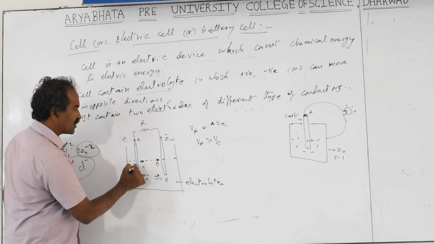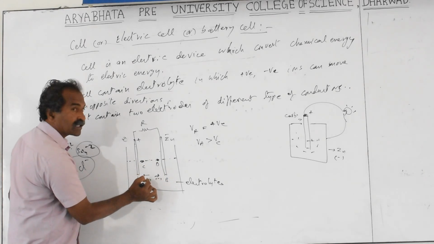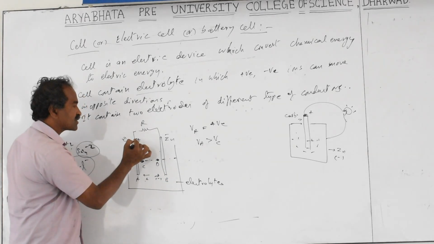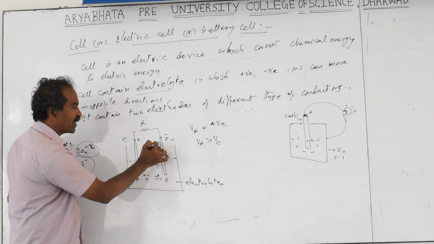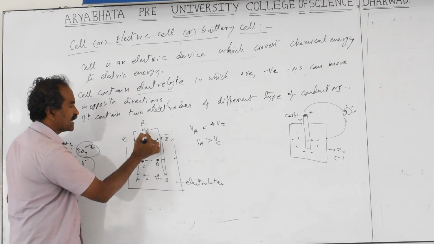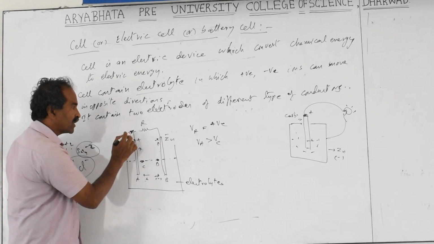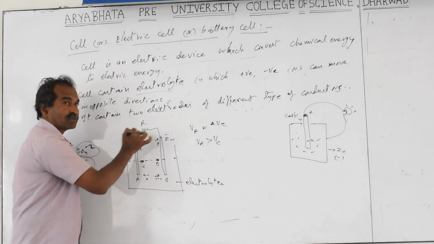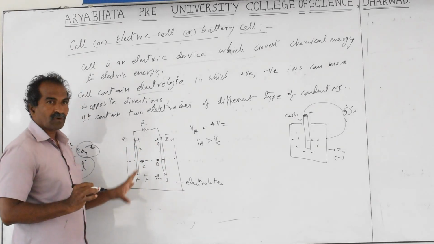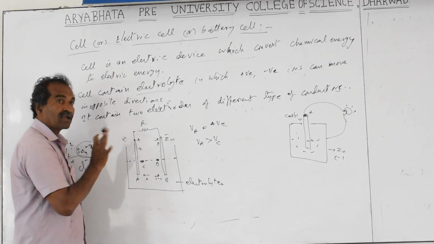The direction of the positive ion motion will be taken as the conventional current. But inside the electrolyte, only ions are there. Outside, what you have is only the flow of electrons. Electrons are flowing here, more electrons will be going like this. This is the flow of electrons and the conventional current direction is taken in the opposite direction. If it is open circuit, no current is there. Only for a closed circuit will there be current, because current means motion of electrons, which requires a closed path. Otherwise there is no current. Open circuit means a potential difference is there but no current passes.